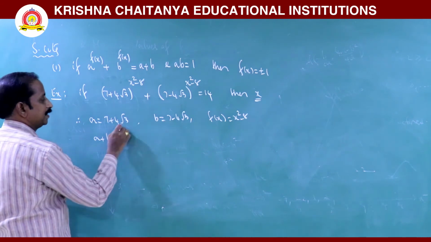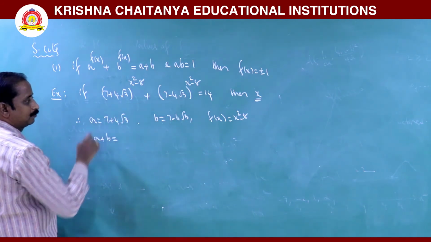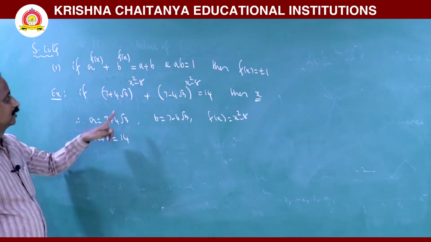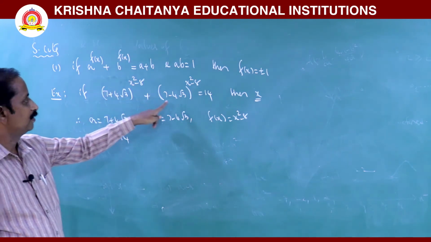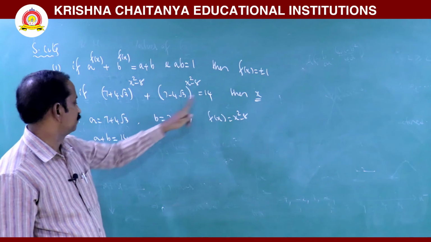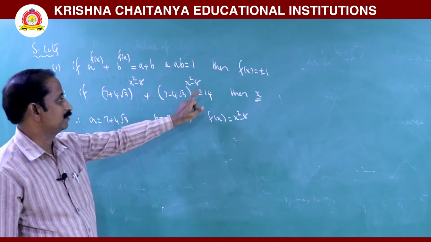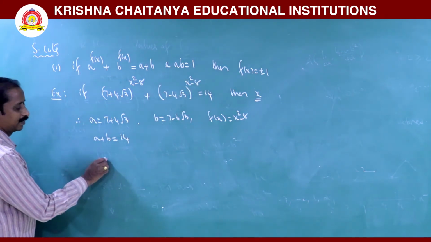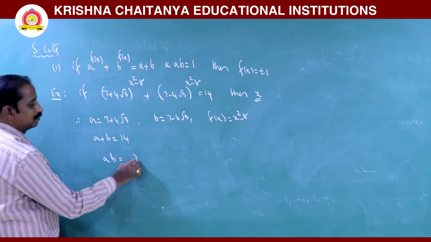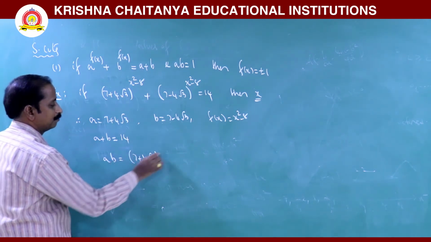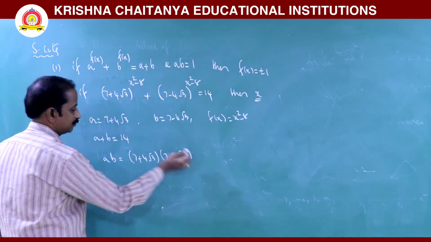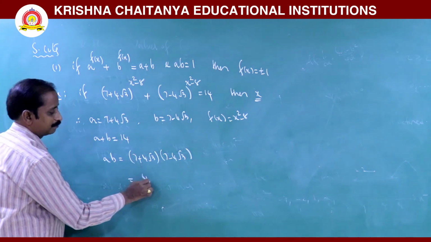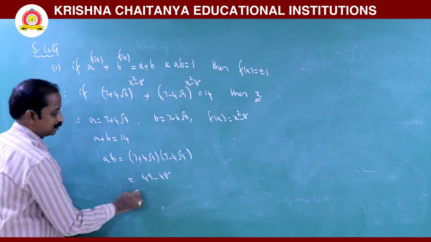A plus b means addition of the two numbers, minus 4 root 3 plus 4 root 3 getting cancelled, 7 plus 7 is equal to 14. So it is clear, a power f of x plus b power f of x is equal to a plus b, correct. And is it satisfied a into b is equal to 1 or not, we have to verify. A into b. A is nothing but 7 plus 4 root 3 into b is nothing but 7 minus 4 root 3. Now it is in the form a plus b into a minus b, a square minus b square means 49 minus 48, that is equal to 1.